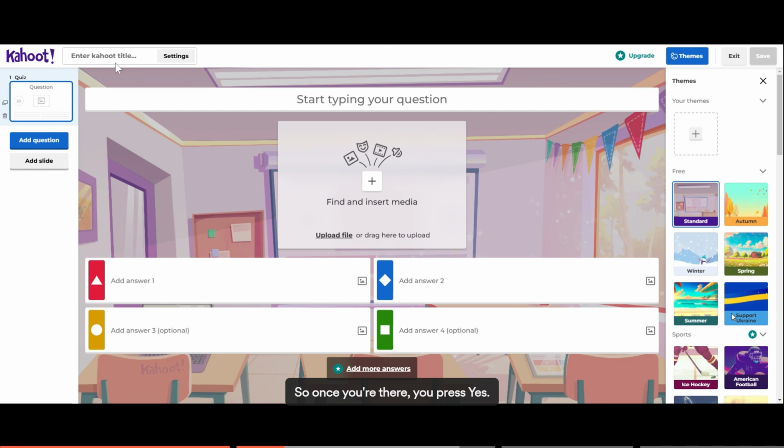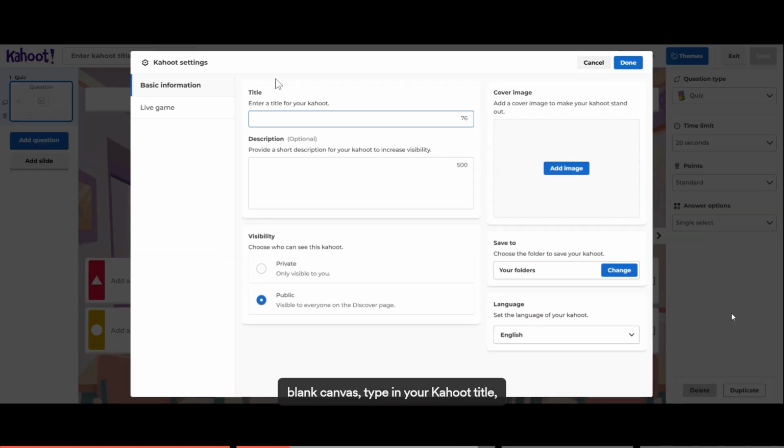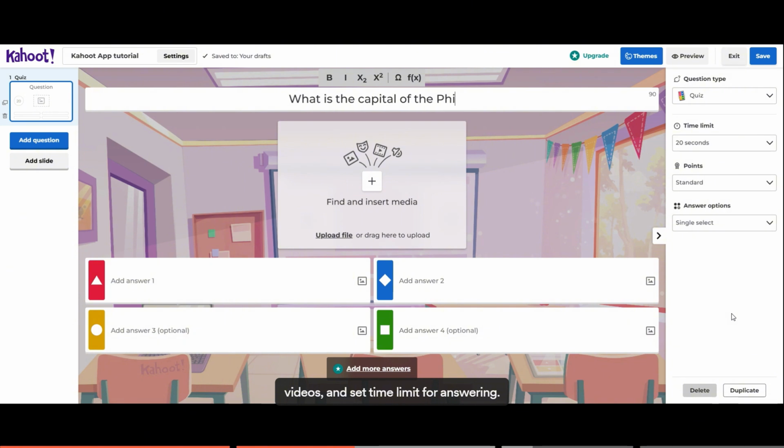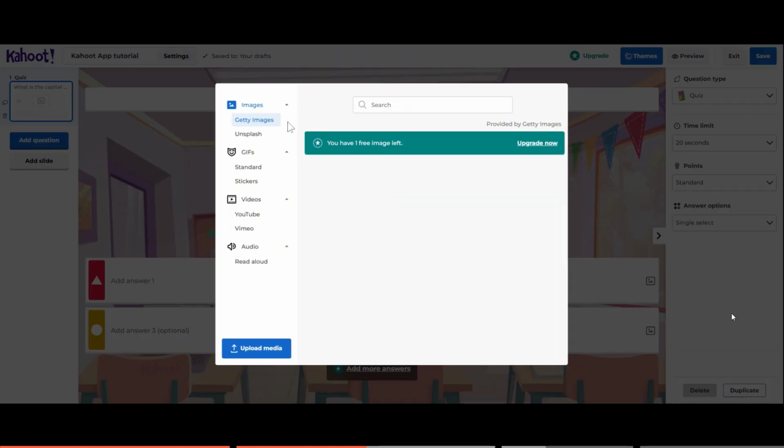So once you're there, you press blank canvas, type in your Kahoot title, then as you add questions, you may include images or videos and set a time limit for answering.